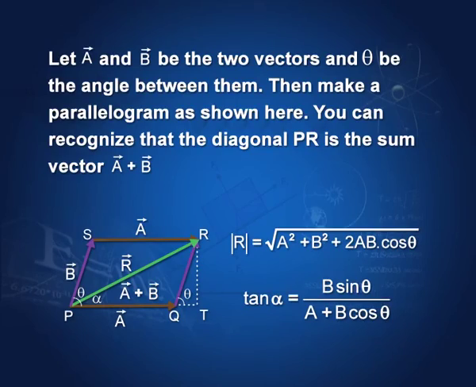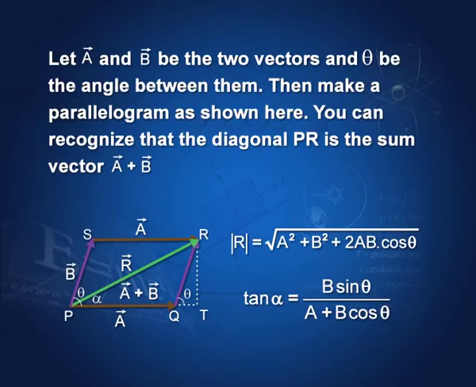Let A and B be two vectors and theta be the angle between them, shown here. You see, this is A, this is B, and this angle theta is the angle between them. Then make a parallelogram as shown here. So, I will draw a side parallel to B and a side parallel to A and complete the parallelogram. So, we have A here, B here, and B here. And now, with a little bit of